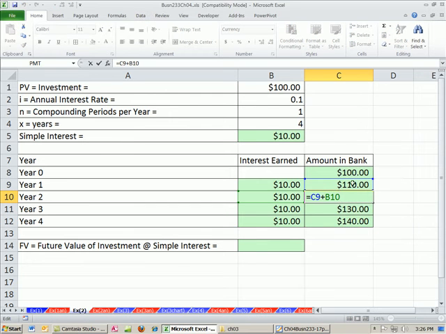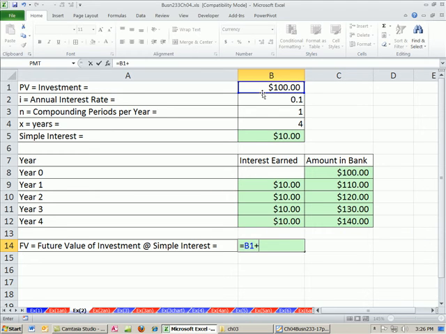each year it's going to get the balance from before and add the new interest. Enter. Balance from before, add the new interest. Balance from before, add the new interest. That's the full schedule. This calculation, however, can be done in one cell, because all it is equals the $100